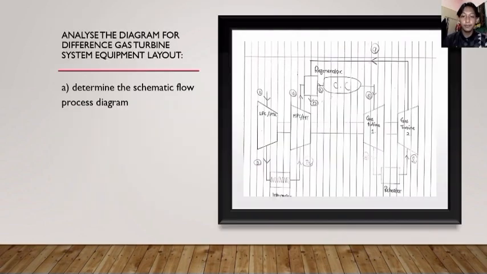Next is question 2. Analyze the diagram for different gas turbine system equipment layout. First, determine the schematic flow process diagram. So in this diagram, we have intercooler, regenerator, and reheater combined in combined cycles. Combined cycle power plants use fuels to drive gas turbines which generate electricity. The hot exhaust gas from the gas turbines is cooled in an intercooler, being reheated and used to generate steam